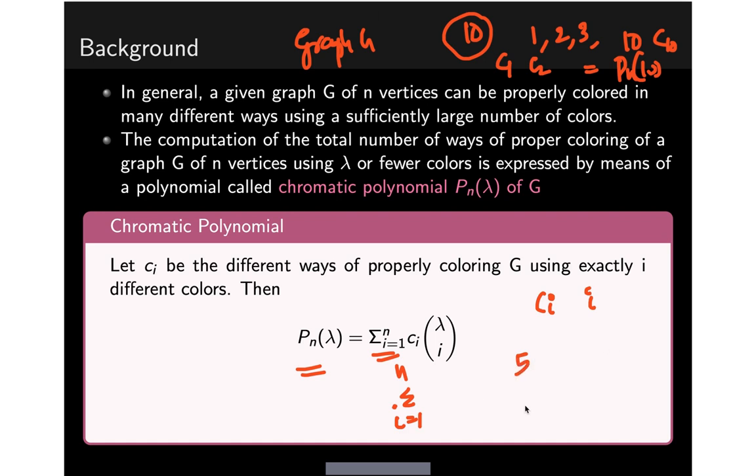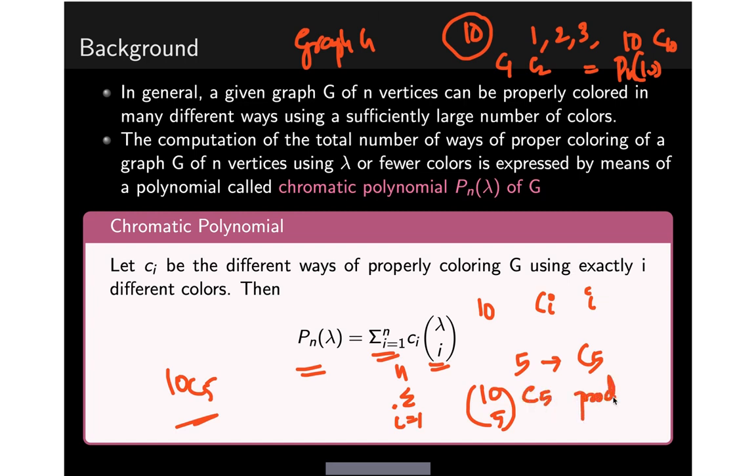Okay, so with these 5 colors, the number of ways of coloring the graph is basically C5. And how can these 5 colors be chosen? Totally there are 10 colors available, so I can choose these 5 colors in 10C5 ways. So that is how this factor will come. So the total number of ways will be 10C5 into C5 by the product rule.